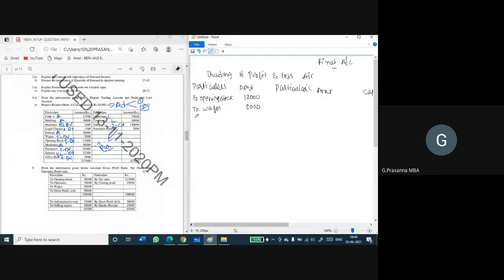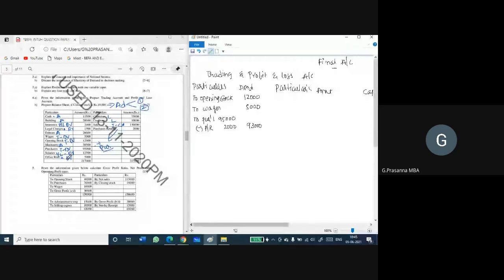Next, to purchases. Purchases will be coming in the trading account debit. To purchases, what is the amount of purchases? 95,000. I am taking it in the inner column because we are having purchase return in the credit side. So this purchase return has to be deducted from the purchases. So 95,000 minus purchase return 2,000. Outer column 93,000. Okay, next, after purchases, salaries, P&L account. Office rent is also P&L account debit.